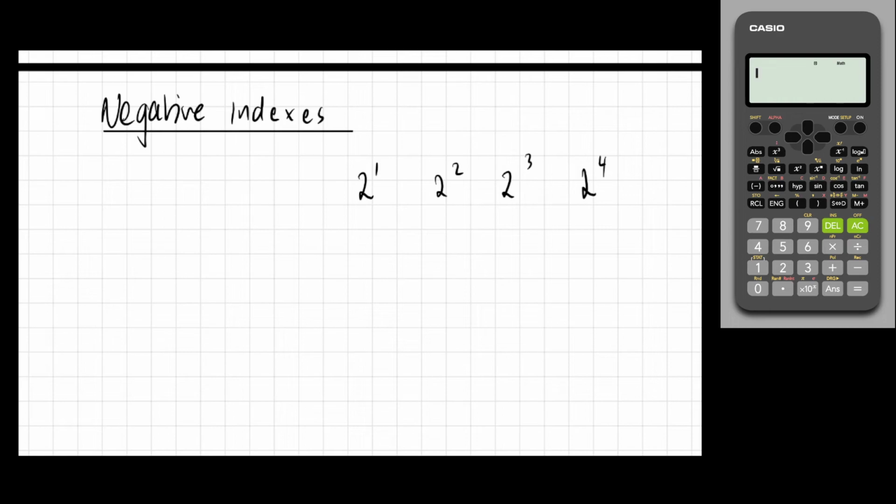Well, 2 to the power of 1, of course, is equal to 2, and 2 to the power of 2 is equal to 4. 2 to the power of 3 is equal to 8, because remember, we're timesing by 2 each time. And 2 to the power of 4 is equal to 16, because 2 times 2 times 2 times 2 is 16. Okay, well,